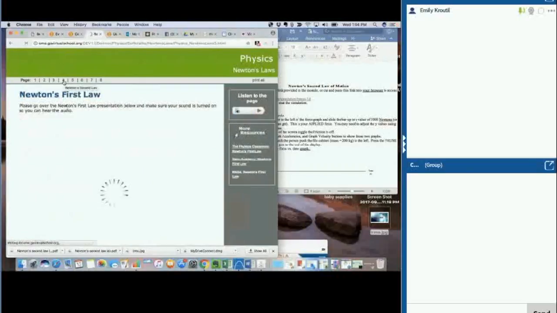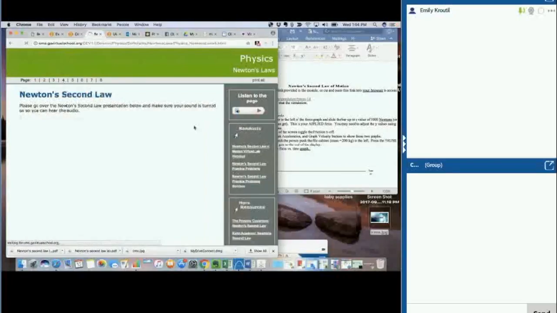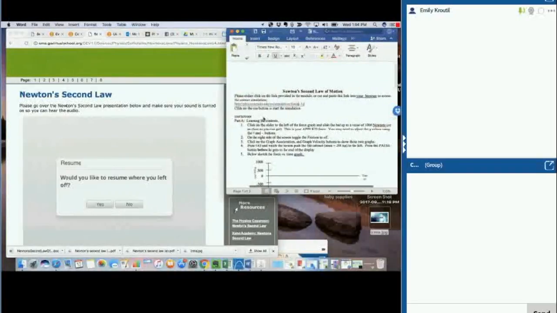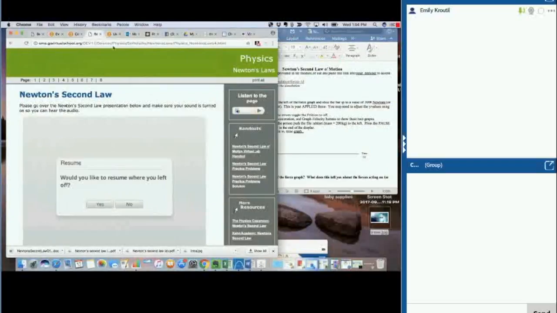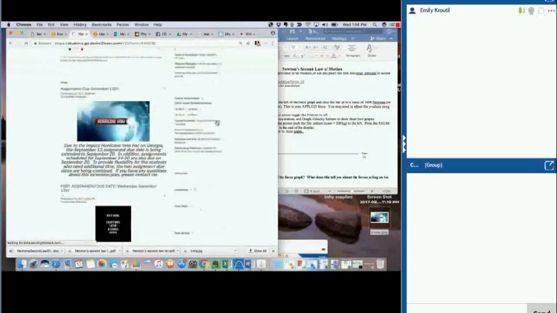Obviously, you should be reading the content and all of that. But if you just need the lab, you can go here, click on it, and it'll download right there. I've already downloaded it. When you get to the lab, it gives you a Word file like this. Alternately, you can go on the main page